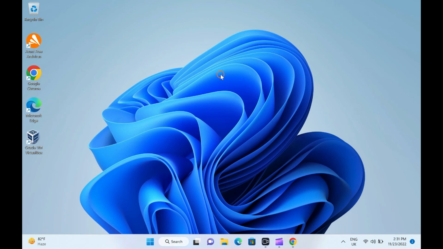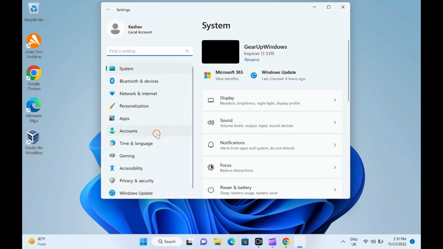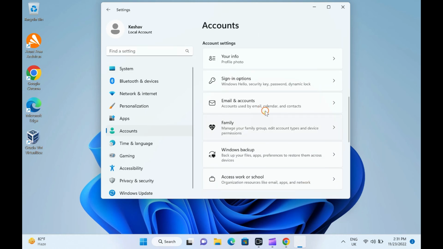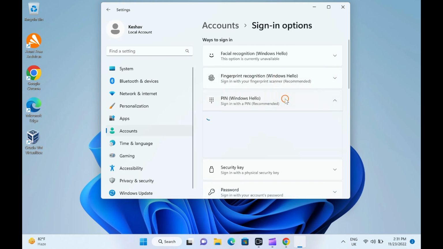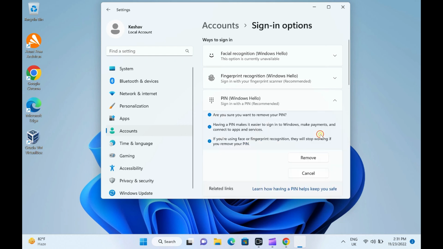How to delete sign-in PIN in Windows 11? To remove or delete a sign-in PIN in Windows 11, first, open Windows 11 Settings. To do that, you can use the Windows + I shortcut keys. Then, select the Accounts option on the left side. Next, click Sign-in Options. After that, click the PIN Windows Hello tile to expand it. Under PIN Windows Hello, you will find two options, change your PIN and remove this sign-in option. If you want to remove the PIN from your user account, click the Remove button beside Remove this sign-in option.